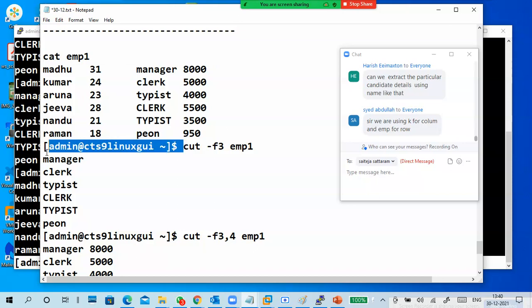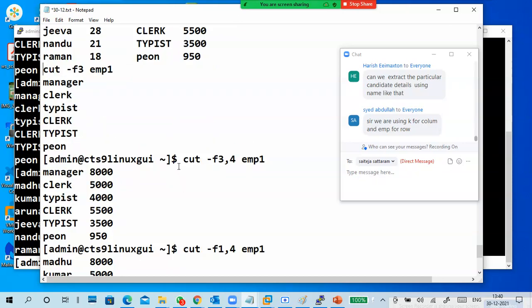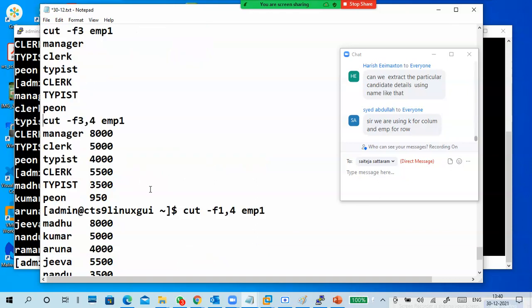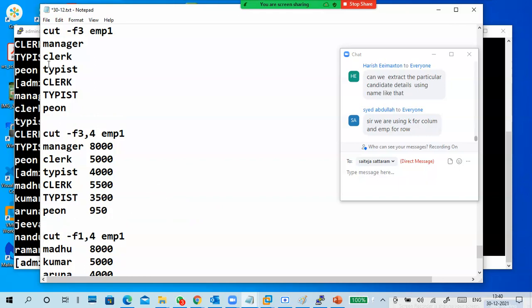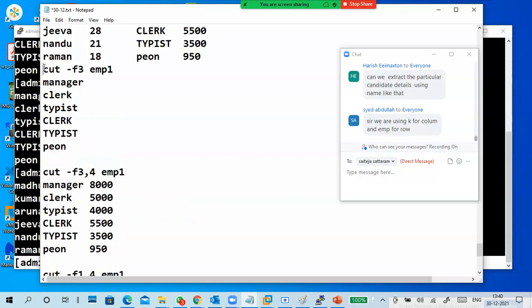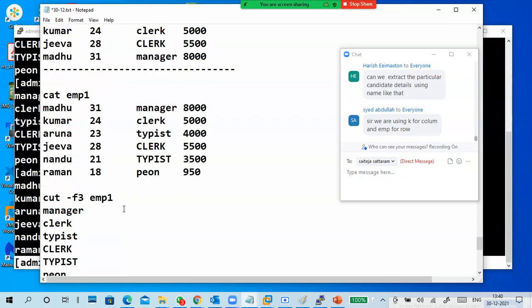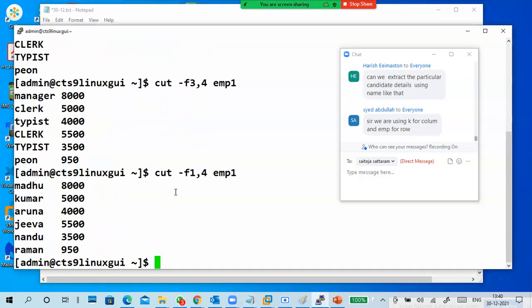Okay. Cut is a field cutter, so you can display the data column-wise, or as a character cutter, character-wise also you can display. We use hyphen F to represent the column.